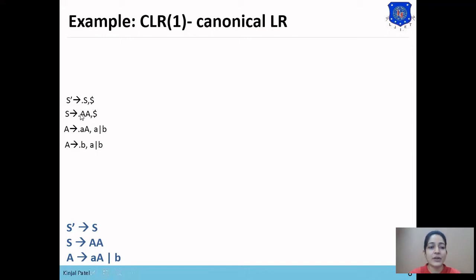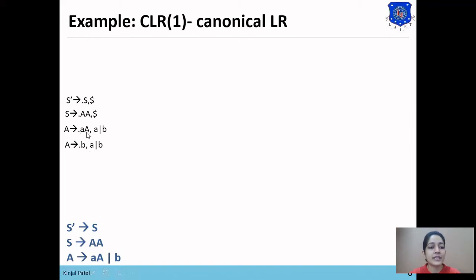So we'll check for the term between this A and comma. As there is non-terminal A between A and comma, we'll find the first of A and dollar. First of A is a and b, so that's why we have added lookahead a or b in these two statements.